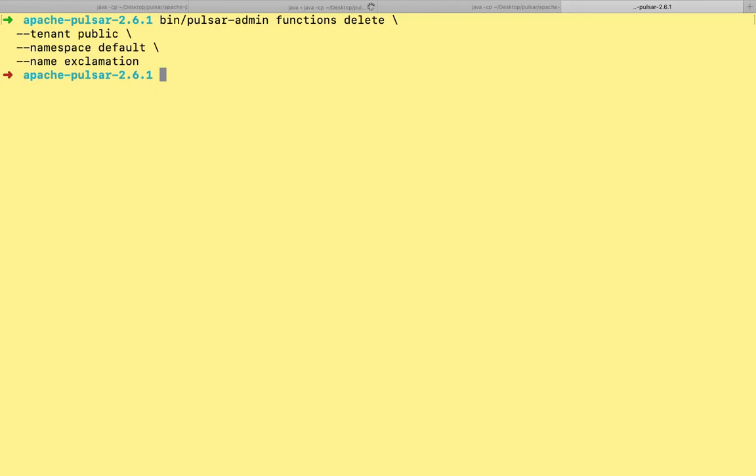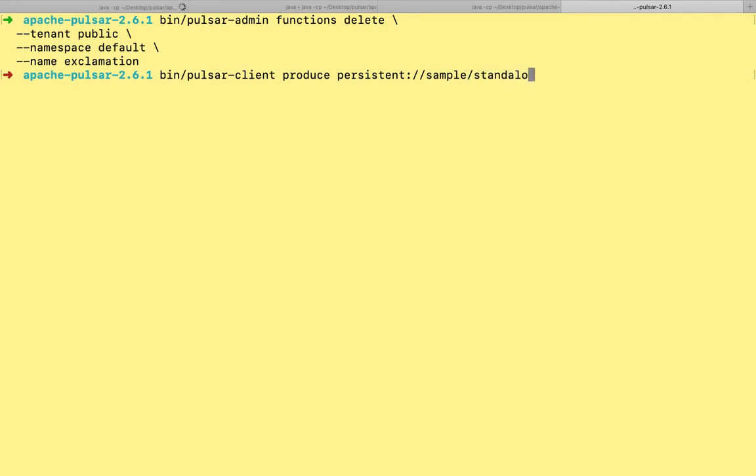For that we have to use pulsar client again, and this time it's produce, and then we will give a topic name which is our input topic.